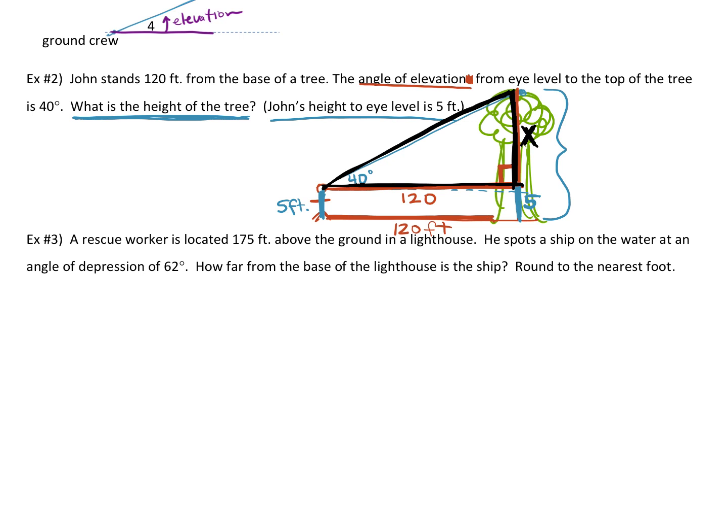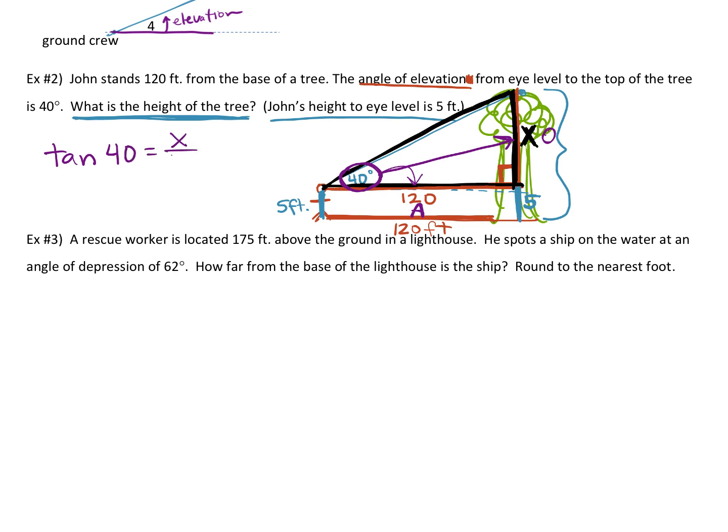Where do you always start in SOH CAH TOA? At the angle, the 40. So you have adjacent, this is your adjacent, and opposite. You're solving for the opposite, so that's tangent. Good work, team. So we're saying the tangent of what? What always comes after trig? Tan 40 equals